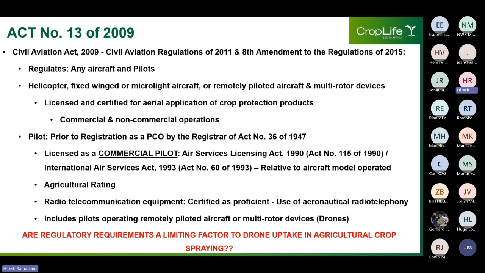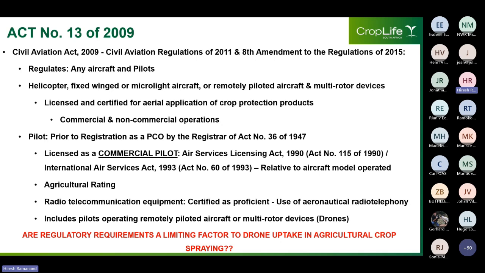Now, prior to registering as an aerial application pest control operator, the pilot of any aircraft, which includes those operating remotely piloted aircraft or multi-rotor devices such as drones in this context, will need to be licensed as a commercial pilot in relation to the aircraft model being operated that is issued in terms of the Air Services Licensing Act, Act number 15 of 1990, or the International Air Services Act, Act number 60 of 1993, and have an agricultural